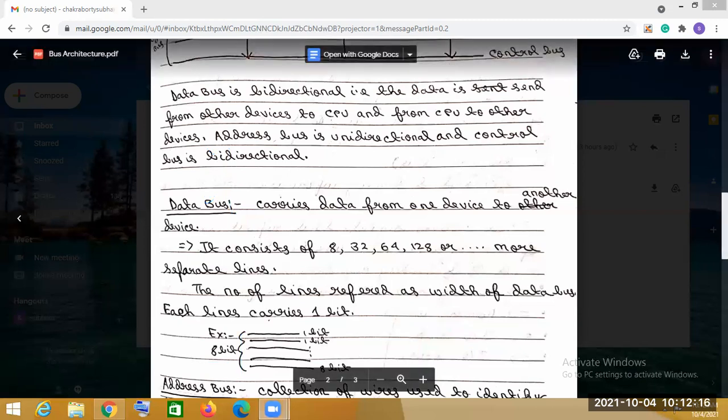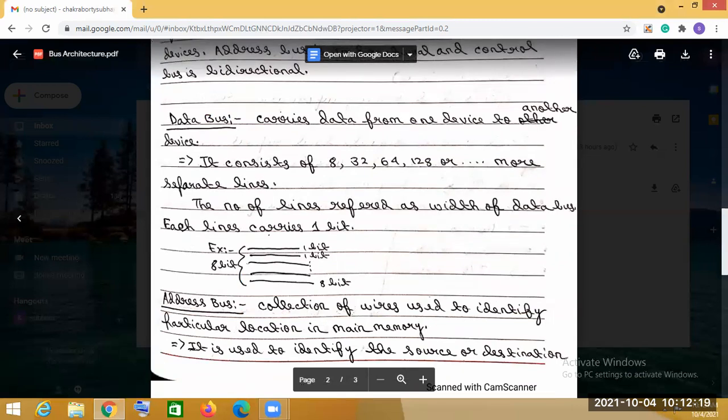Same as that for the address bus. So what will it be for the address bus case? Now, what is the address bus? It is a collection of wires used to identify a particular location in the main memory. What purpose is it used for? It is used to identify the particular location in the main memory.